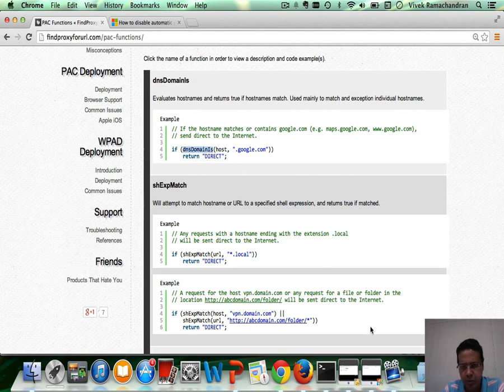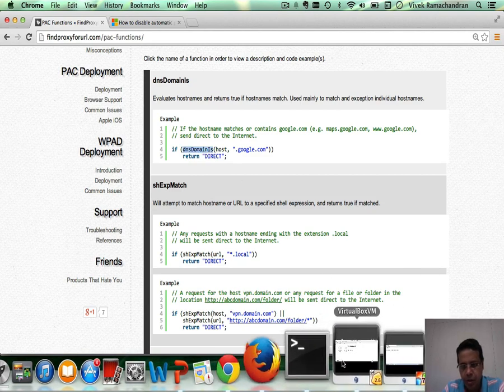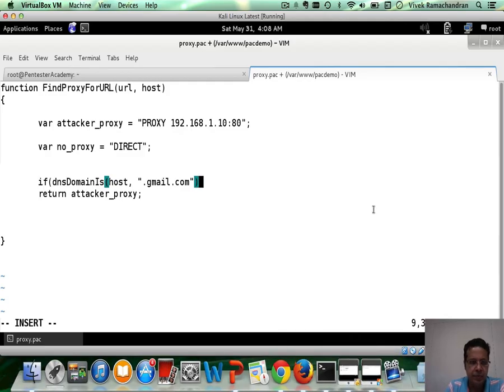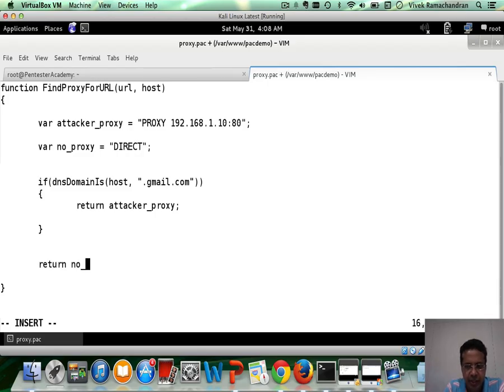Very, very important. Then return attacker proxy, right? And for everything else, we end up returning no proxy, which says go and fetch it directly,